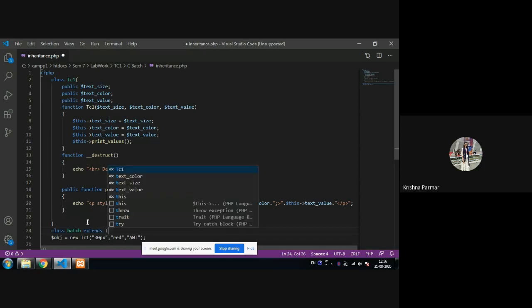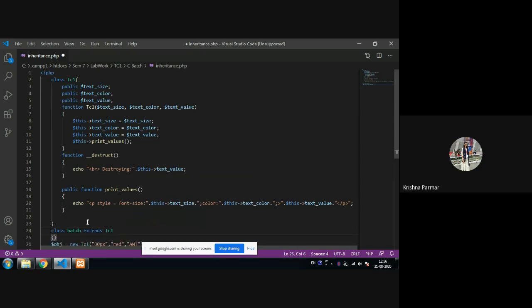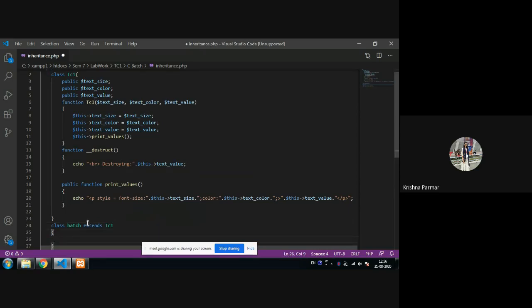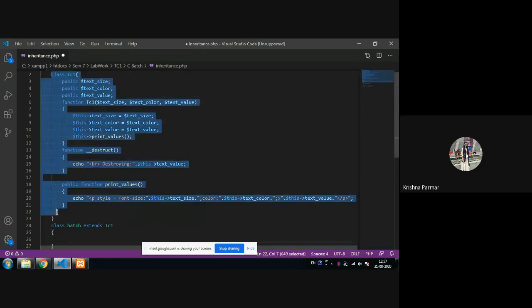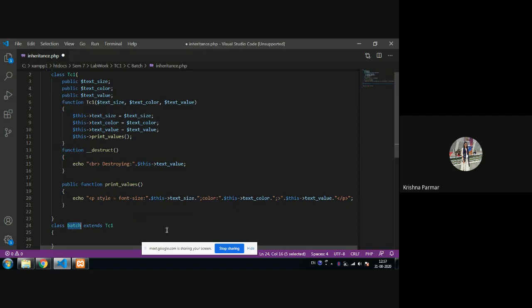So I'm writing TC1, that is my base class, and after that I write everything. So this is my base class. Now my batch class is my derived class, derived from the TC1 class.